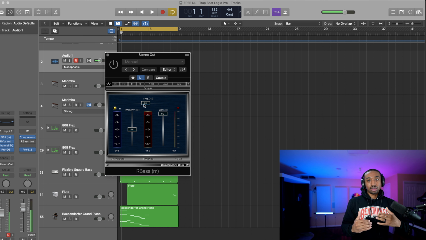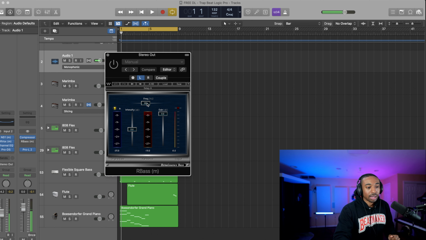Now every sound is different. So if you have a kick drum that's lacking low end, you could beef it up at like 80 hertz and below. 80 hertz is where sub frequencies start, and then we work downward. So some key points you could use are 80 hertz. You just double click here and type in 80. You could try 70, 60, and 50 hertz to fill out the low end of your kick if your kick doesn't have a lot of low end.